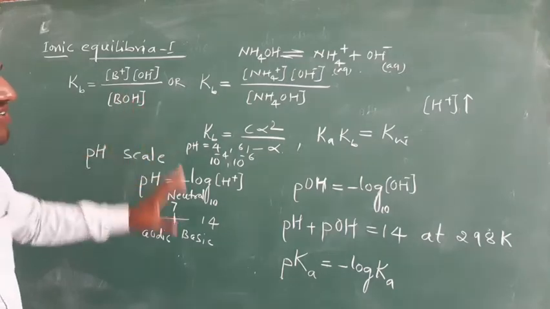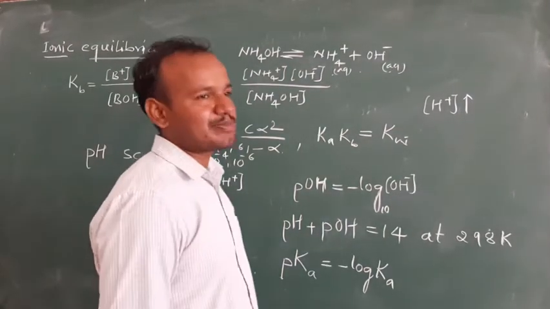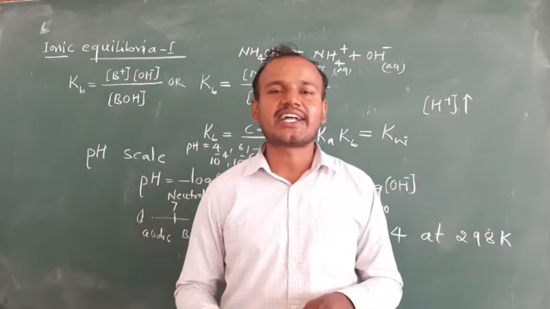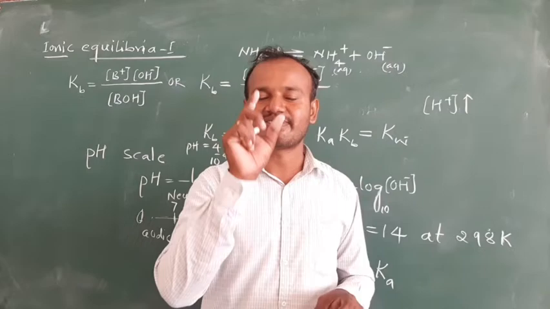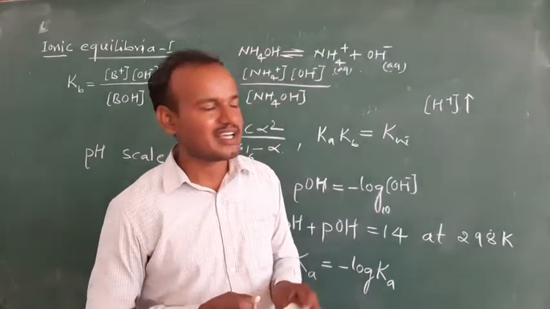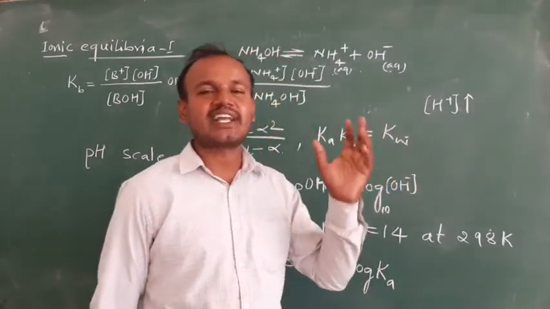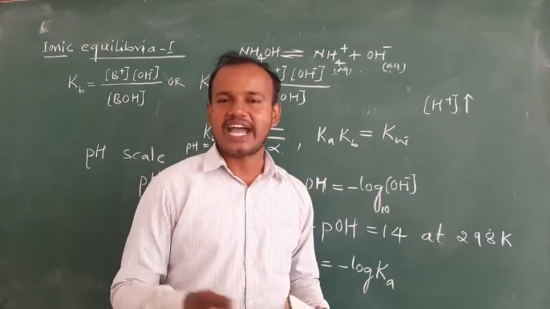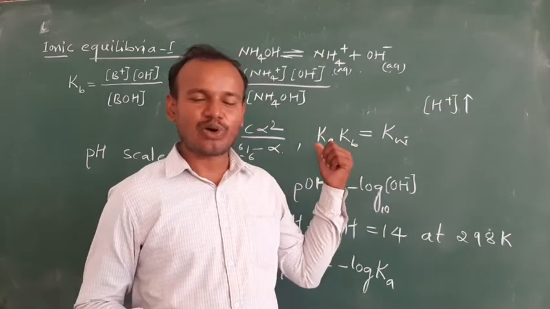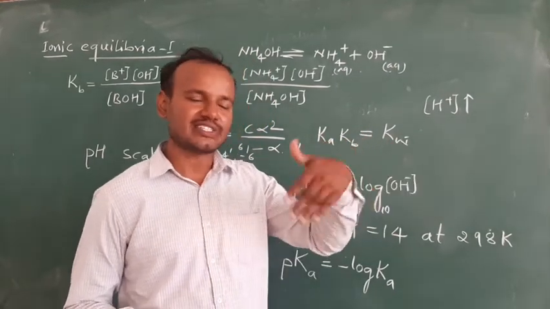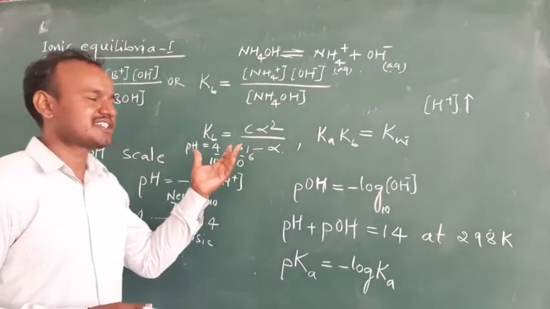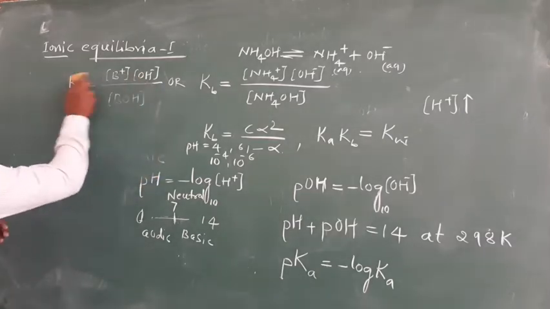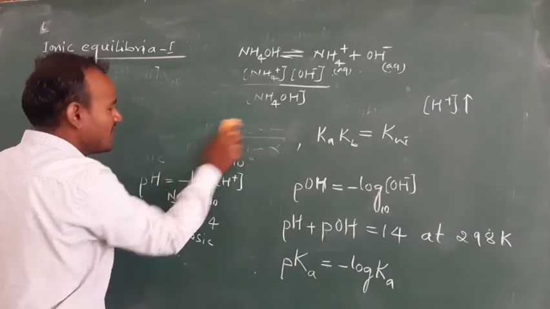So up to this much we have discussed, and the only thing I have left with this particular unit, which is of course a single unit only, chemical energetics and ionic equilibria 1. It has been mentioned as the first unit with 15 hours of syllabus. I have studied ionic equilibria 1 first because in the second unit madam has already started ionic equilibria 2, so this topic will be helpful for that unit. That is why I have taken this as the first discussion. In this I have one more concept left, which is called the common ion effect.